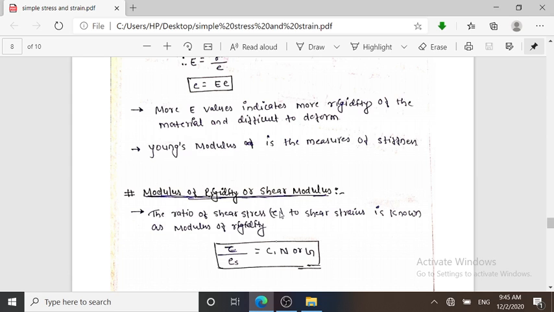So the more value of Young's modulus indicates more rigidity, and rigidity means difficult to penetrate or difficult to deform. So it is clear that the object whose value of E is higher is that much more